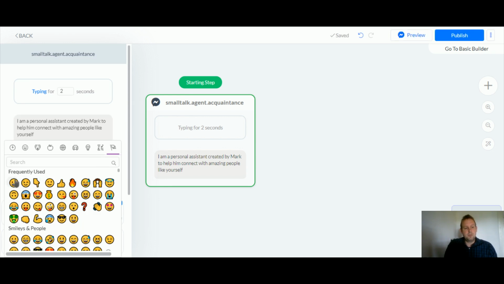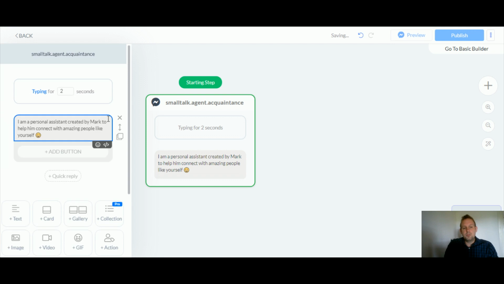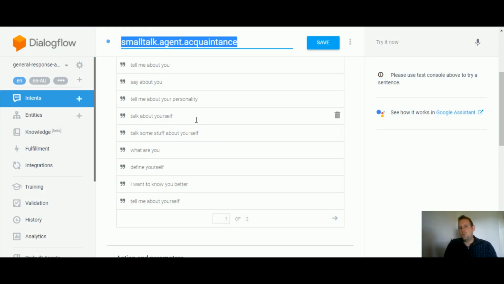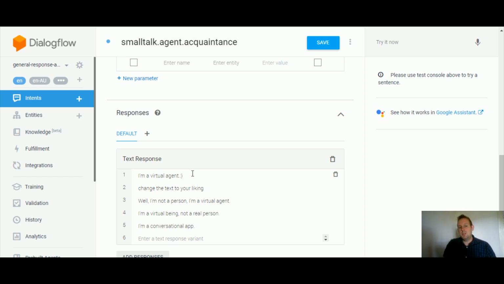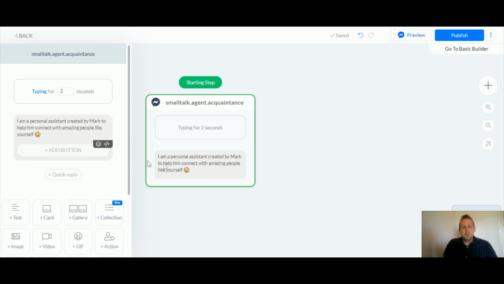And then you can put in some emojis if you like to. If you want to put in emojis in Dialogflow, it won't catch the emoji intent. So if you say I'm a virtual agent and you want to do a smiley face, it will not copy over the actual emoji if you do it from the Chrome extension, for example. If you do it like this, so if you know the shortcut for the emoji on your keyboard, then it will transfer. I just find it a little bit easier to do it inside of a flow,